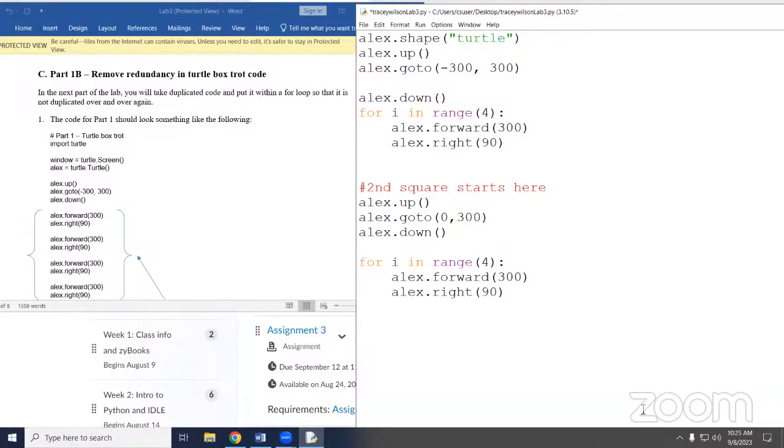Now, there are other variations of this, but for right now, all we're doing is how many times we want it to repeat. The box needs 4 sides, so we need it to repeat 4 times. We need to draw a side and turn 4 times. That helping? All right.